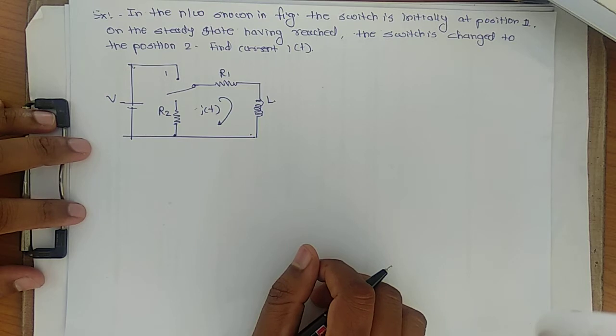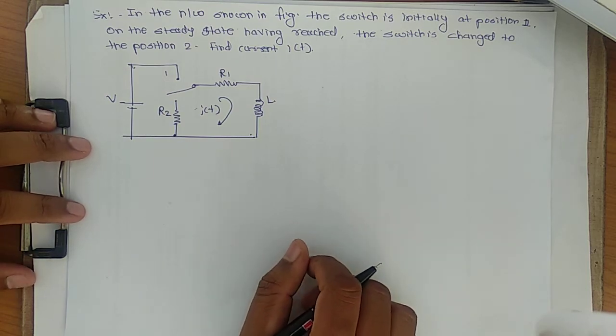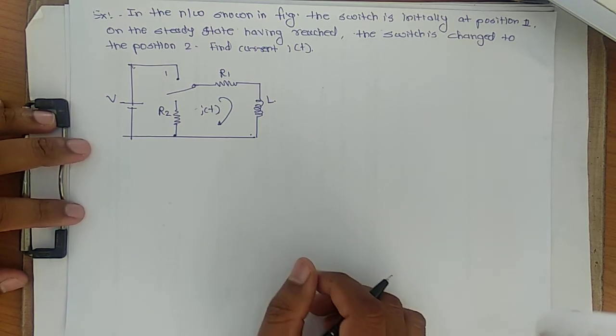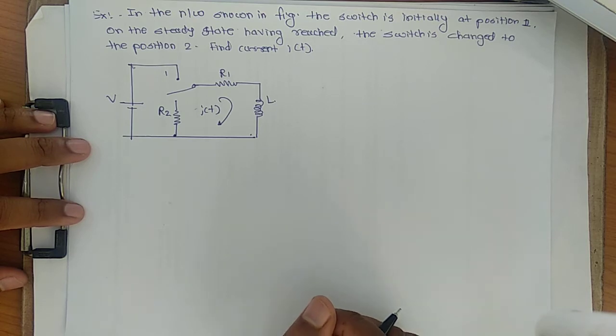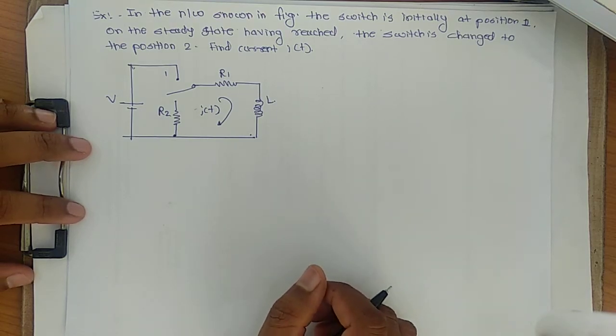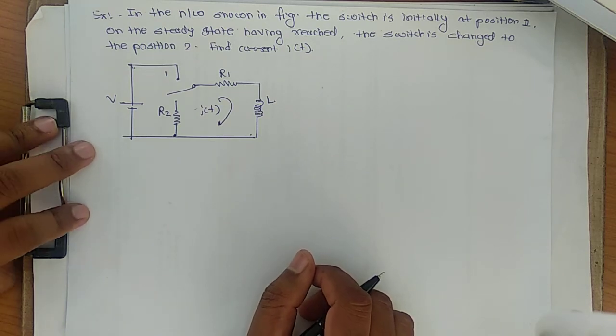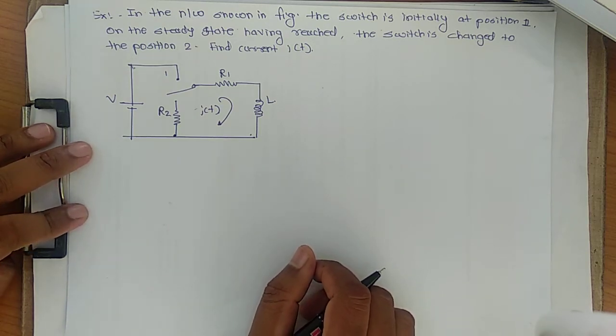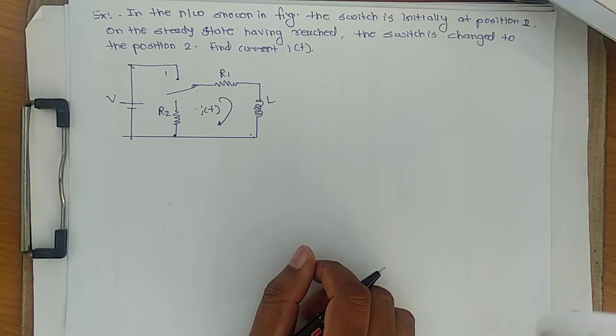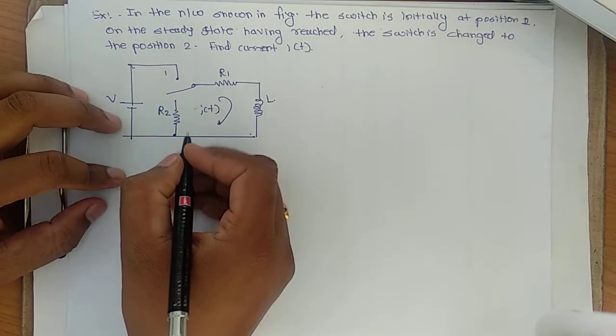In the last lecture we found the solution for time domain analysis using the RC circuit and RL circuit. So we took the derivation regarding the RC circuit and RL circuit. Today we are going to solve some examples on the RC circuit and RL circuit. So this is the example I have right here.